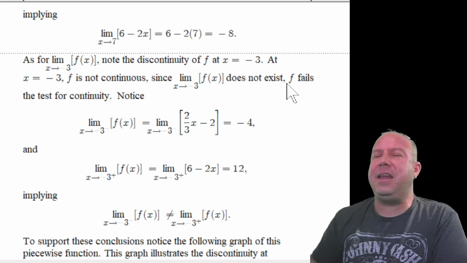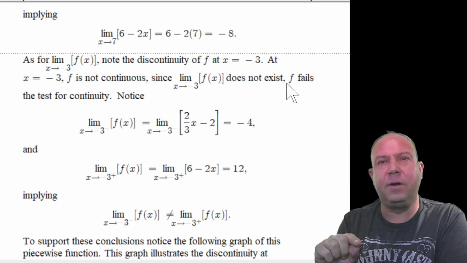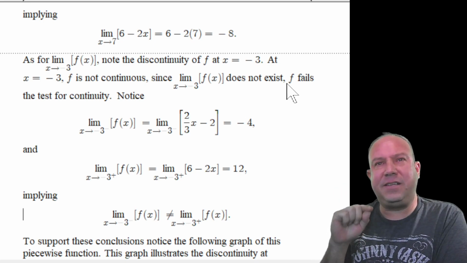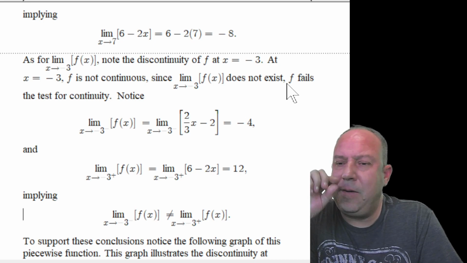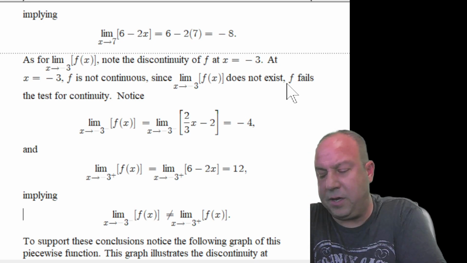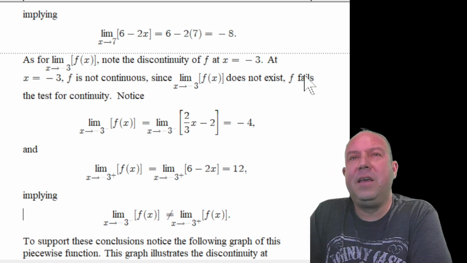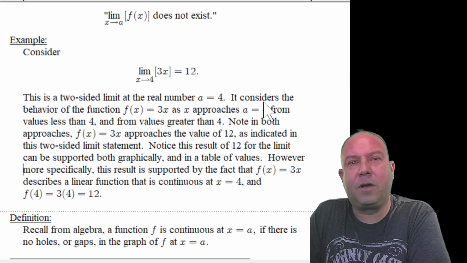And again, it's due to the discontinuous behavior; with that discontinuity, we fail the test for continuity for the first criterion. If we think about why we have a discontinuity at x equal to -3,